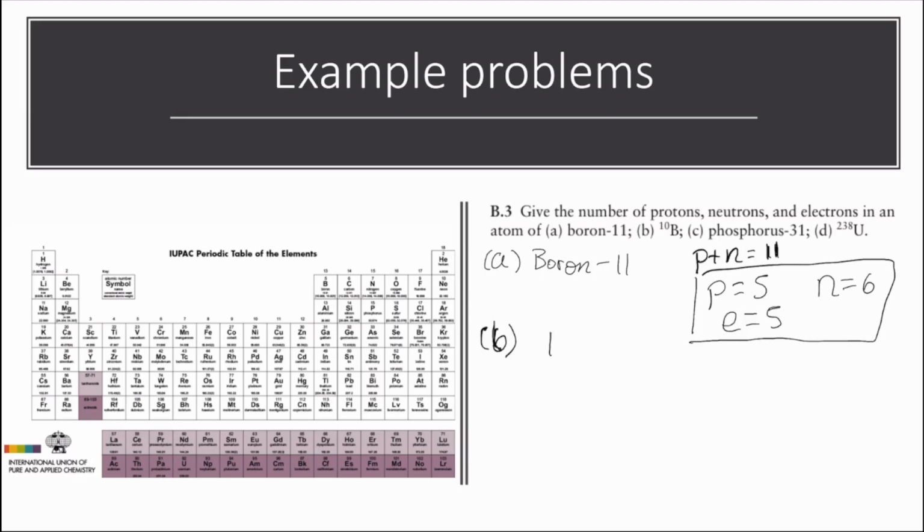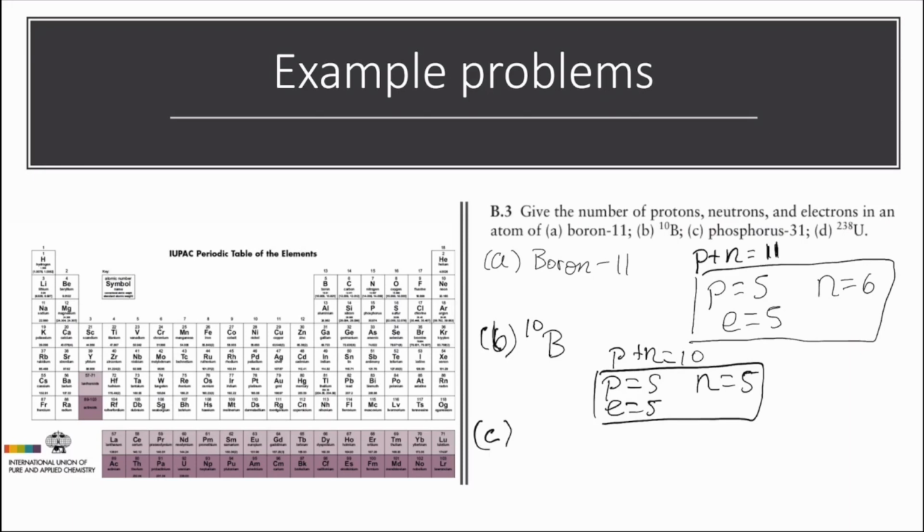Next we have boron 10. So the 10 is also protons plus neutrons equals 10. Looking at the periodic table, number of protons is 5, number of electrons is 5 as well, number of neutrons has to be 5, so that protons and neutrons equals 10. Perfect. For C we have phosphorus 31,